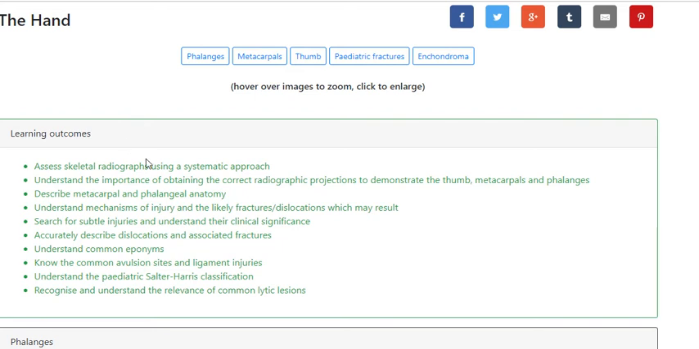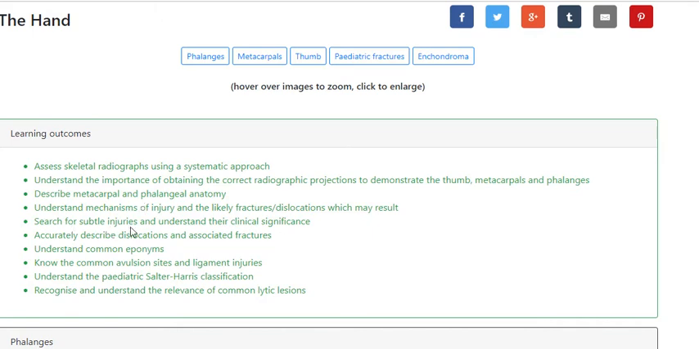We're going to look here at the Norwich Image Interpretation Learning Outcomes of the hand X-ray. Assessing the X-rays in a systematic approach, we can avoid bias, approaching each X-ray in the same way, understanding the importance of radiographic technique and positioning, and how that affects the image, describing basic anatomy, understanding common mechanisms of injury and which injuries can result from these,